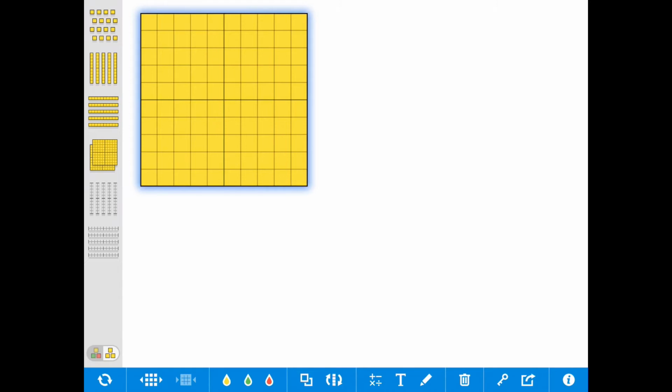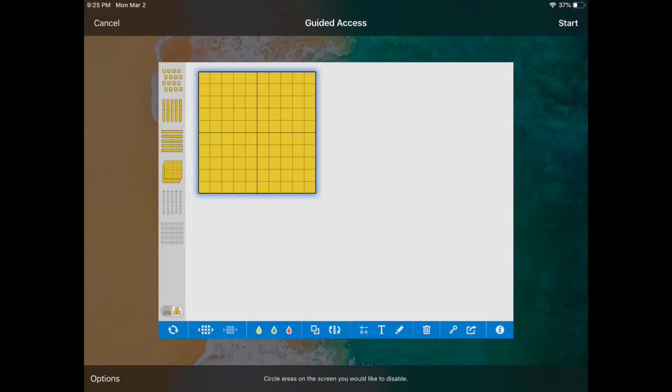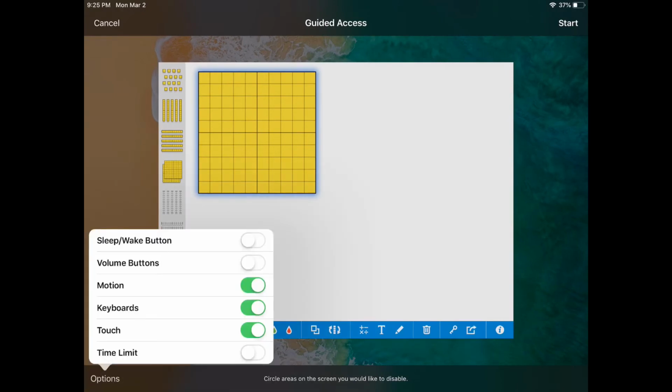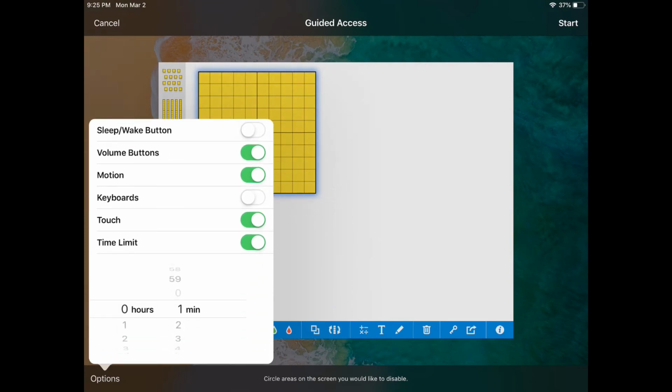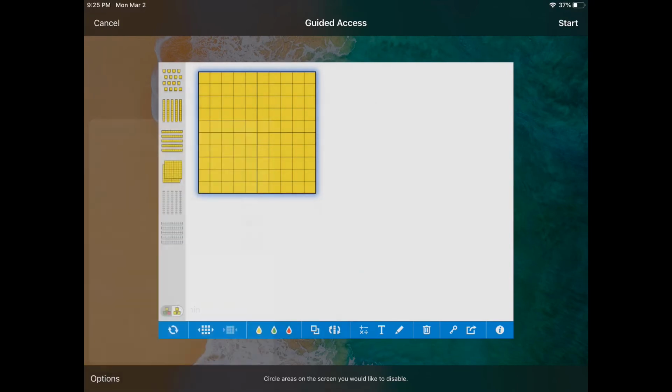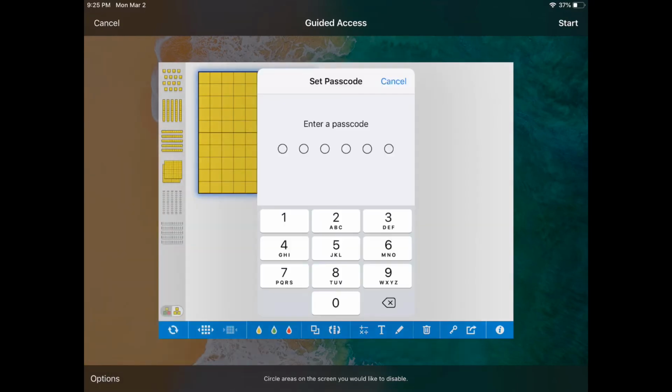So to start guided access while they're in this app, you're going to triple click the home button, and it will bring this up. Your options are down in the corner. I do like to allow them to have access to the volume buttons. I don't give them access to the keyboard, and they will have access to touch because they'll need that for the screen. And then I turn on the time limit, and I set it for however long I want them to be in it. And then when you push start,